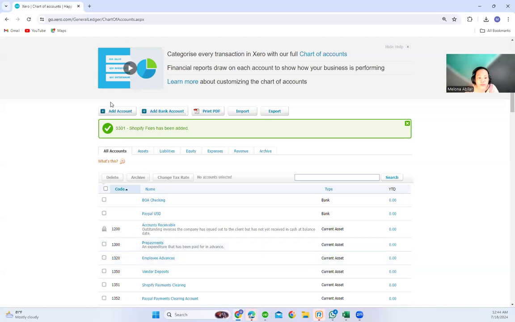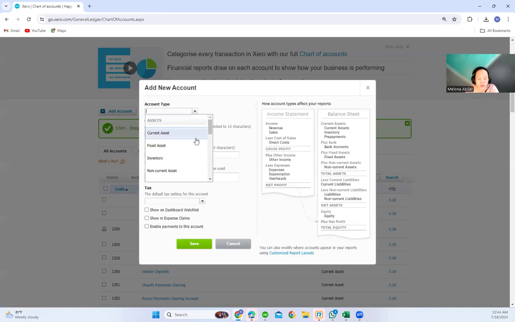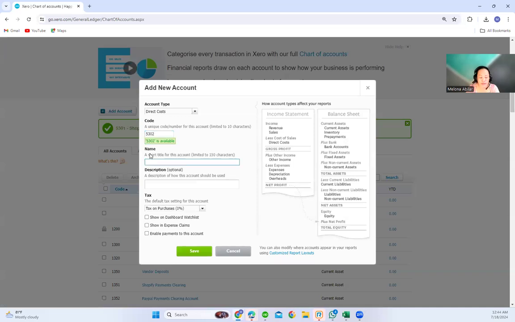Then another account, also under direct costs: 5302, and this is Shopify shipping. Don't worry, we are going to discuss each account when we are ready to record our sales from our Shopify store.